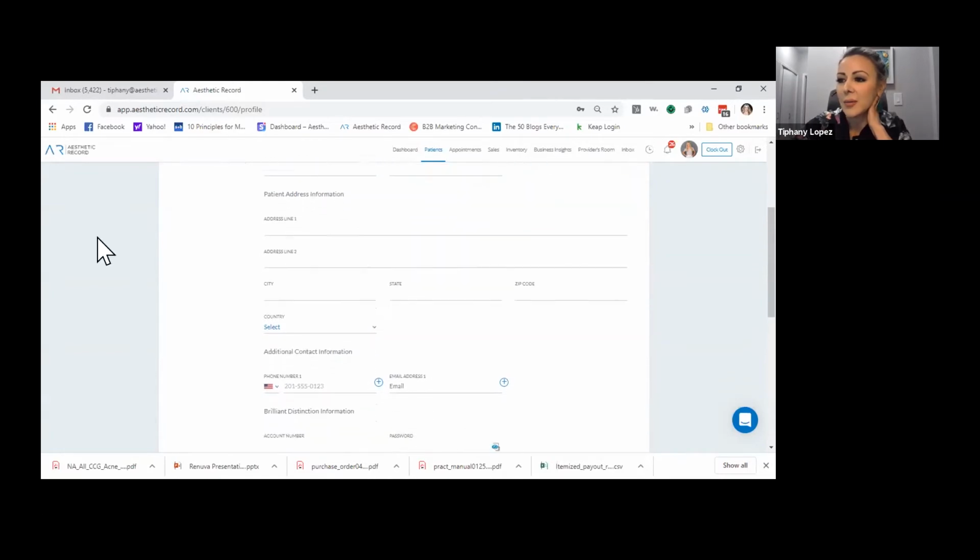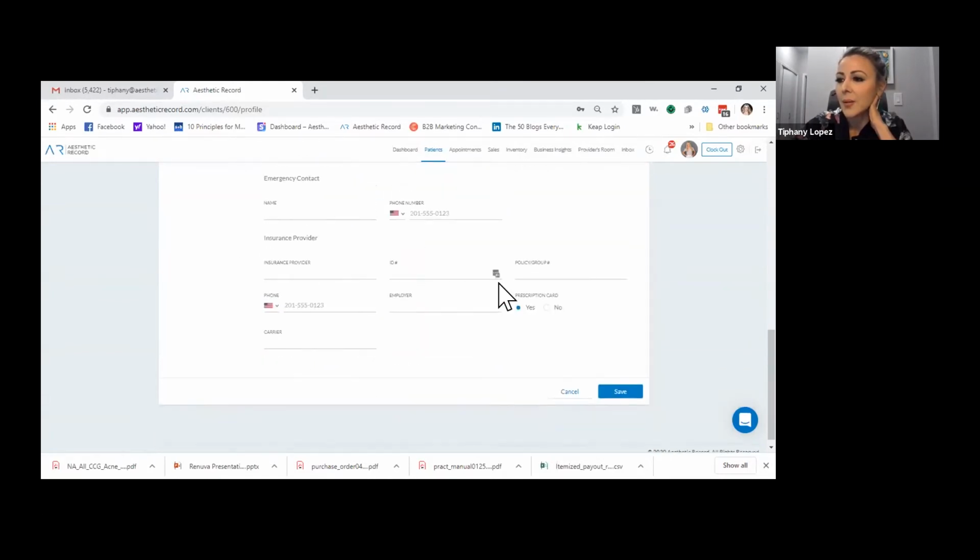I'm going to scroll on down. She has no address, no anything. Keep on going, and at the very bottom you see insurance provider. Same as on the provider side, once you put it in here one time, it's in here forever. So let's say Victoria has Blue Cross Blue Shield, and her ID is random numbers 1, 2, 3, 4, 5, 6. Policy group is going to be VA 1, 2, 3, 4, 5, 6. And we obviously know you have to have a phone number for the insurance company. She works for Aesthetic Record, and has no prescription card because her Blue Cross Blue Shield card is everything she needs. We're going to put that here anyway, in case the pharmacy gets confused,